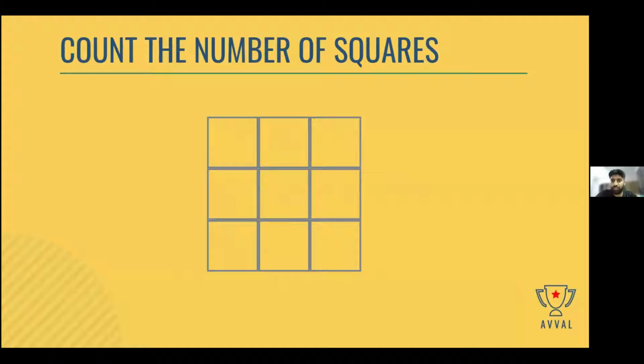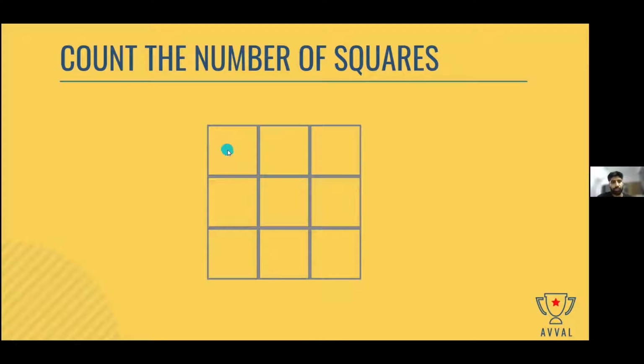Okay, this is a simple one again. Let's see how many of you get this right. Count the number of squares in this figure. So I see one large square and I see some smaller squares within. So what is the total number of squares? This is a simple question, by the way. This is one square. Let's just count manually.